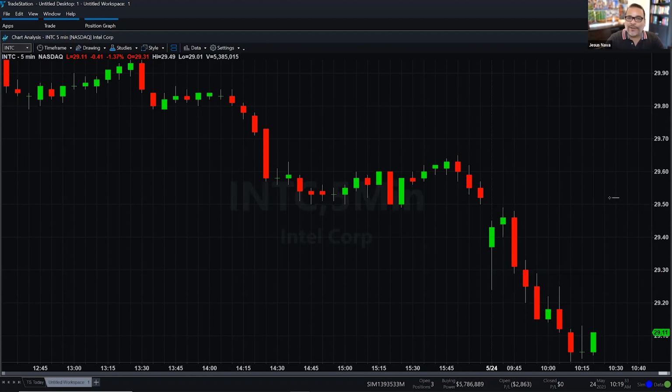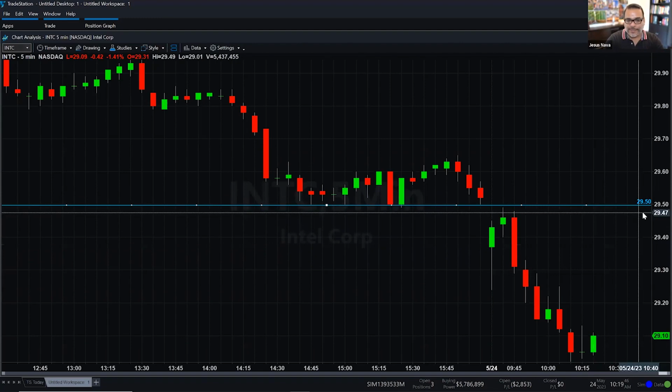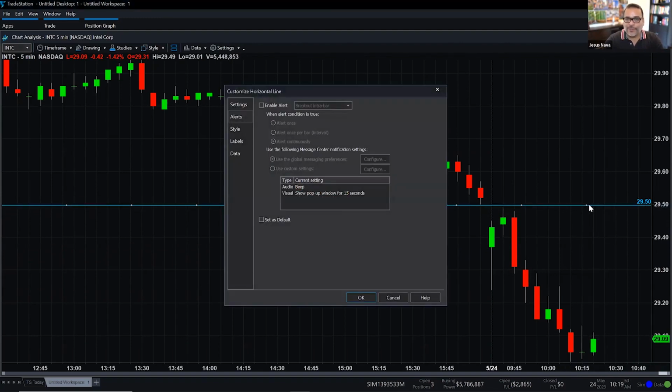So you want to be alerted if it does. So what I do is I click and hold my mouse button, and I position that horizontal line right there at 29.50, and I'm going to let go. There it is. I'm going to double click on that horizontal line, because your line may be different than mine,